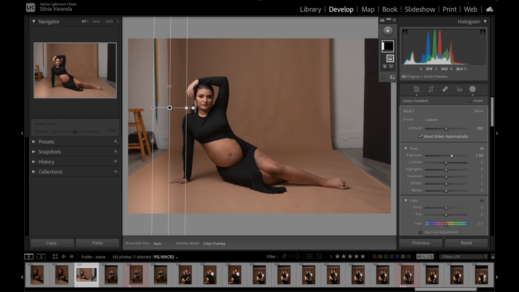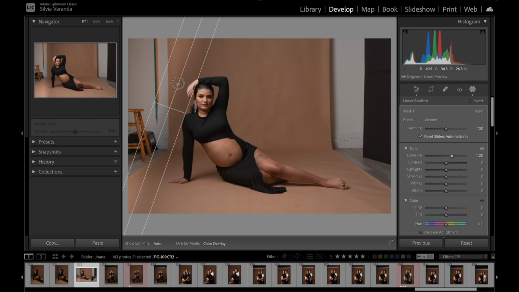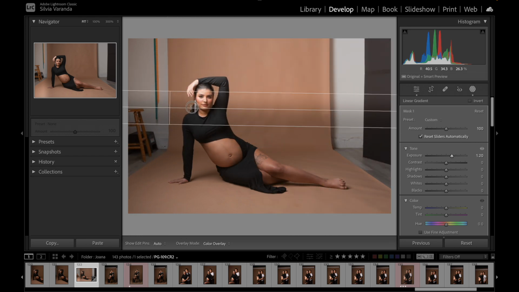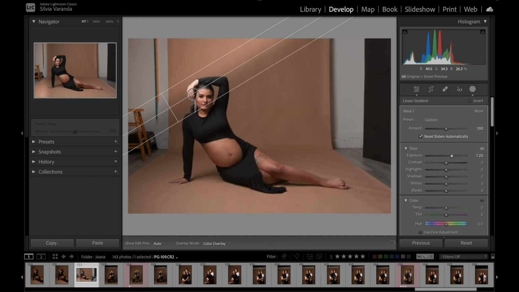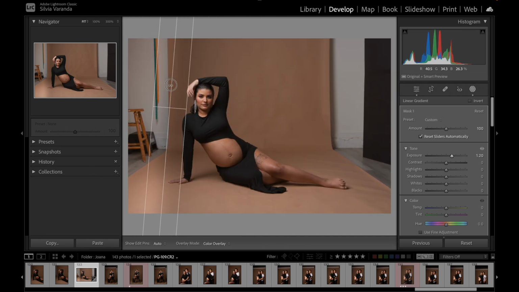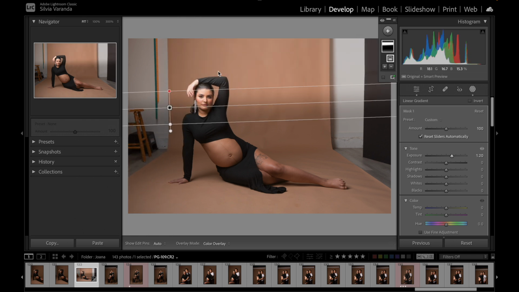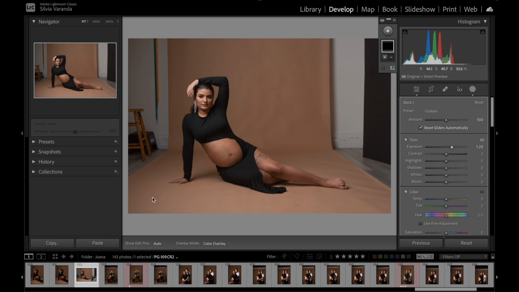Another thing that you can do with the linear gradient is that you can spin this line as well. So you can do upside down, diagonal, you can do it in any direction that you want to. And this is something very cool. So for example, let's say that you think that, let me delete this one. Let's say that you think that here it is a little bit lighter than the rest of the photo because the light is coming from the strobe and it's actually hitting the floor. So let's say that you might just want to remove a little bit of this lighting because it is being